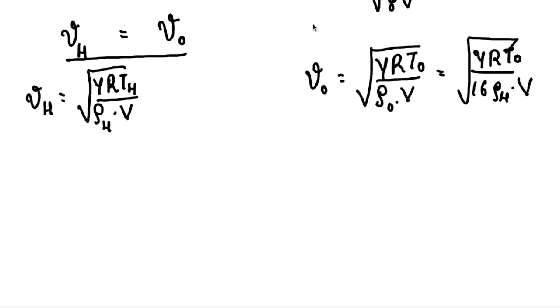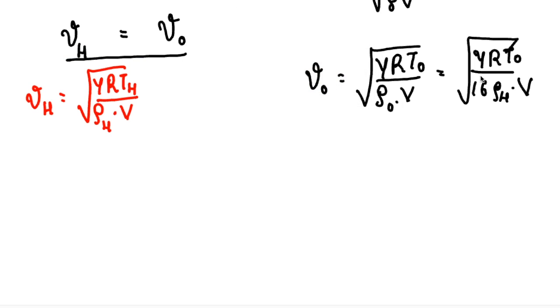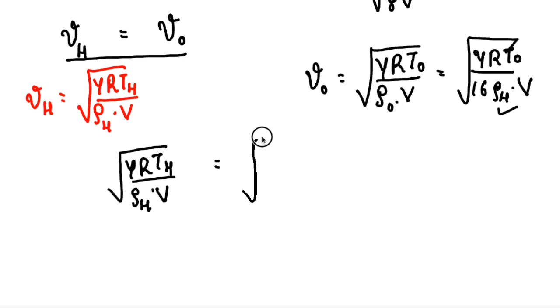So comparing both these values, I'll get root of gamma R temperature in hydrogen upon rho H into V should be equal to root of gamma R